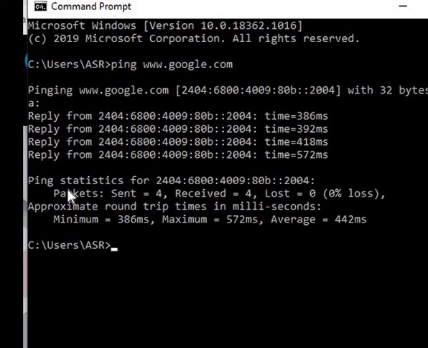Here we can see the ping statistics: the number of packets sent, the number received, and how many packets we have lost. Here it is 0% loss. So we have communication with google.com, and these are all the details.